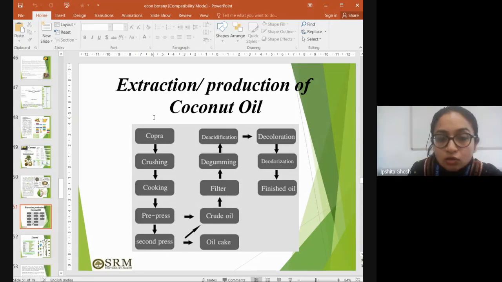So they are cooked, they are pressed. It's better to use the term pressed, because the term cooking can be a little confusing in this respect. But then they are pressed, followed by, again, the oil is extracted, filtered, purified, and finally collected and stored. And definitely in industrial applications, they are again packaged and supplied.